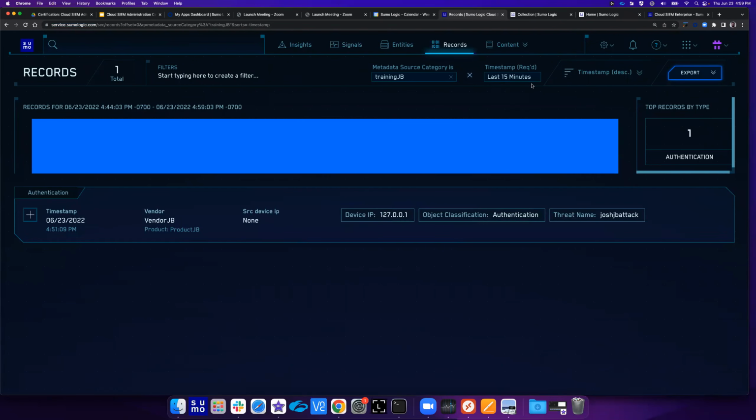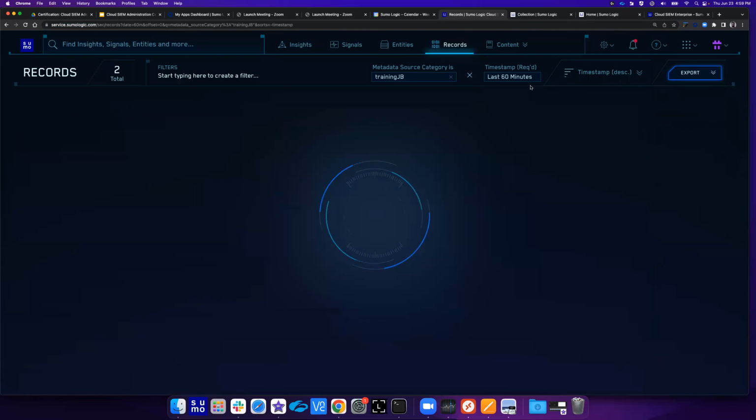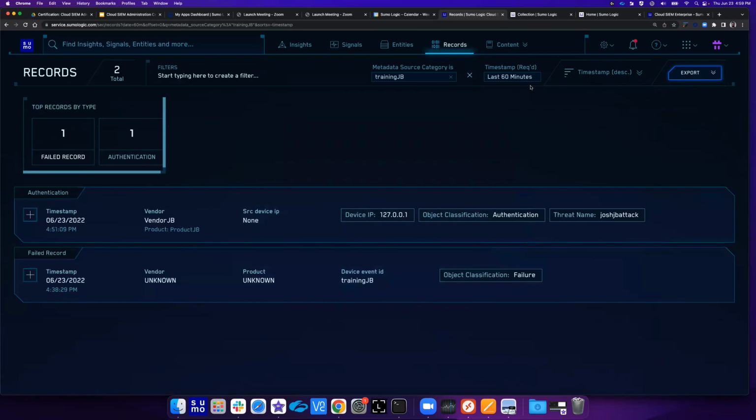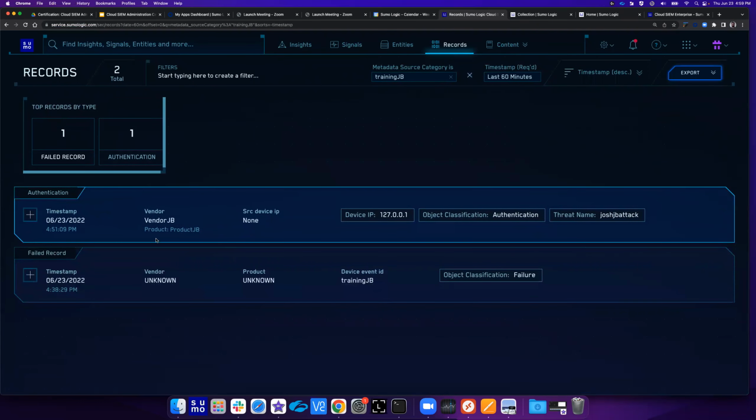Actually, I take that back. We want to change the time frame. So we don't have to change the time frame. They're both failed. So then there's going to be an issue with the mapping. What we see on the bottom is the one that didn't go so well. And at the top, what we see is the one that did go better because it's been processed. It's been authenticated. We see the authentication. We see everything. So if they both failed,